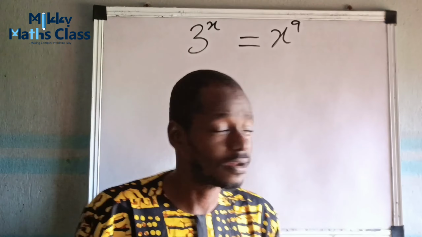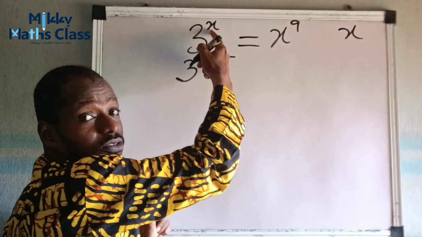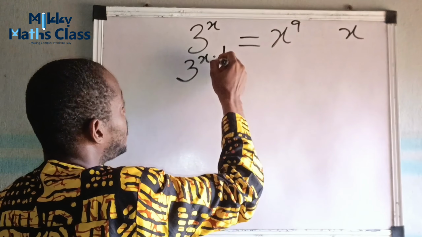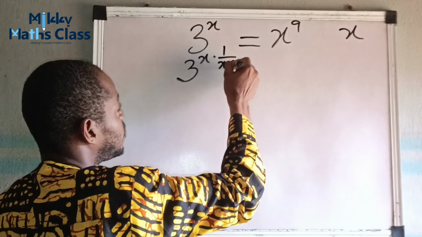The first thing to do is multiply both powers by the reciprocal of their powers. The power here is x, the power here is 9. So multiply both sides by 1 over x times 9. The powers of these two, x and 9, times 1 over x times 9, so this and this will go off, this and this will go off. So I'm left with 3 raised to the power of 1 over 9 equals x raised to the power